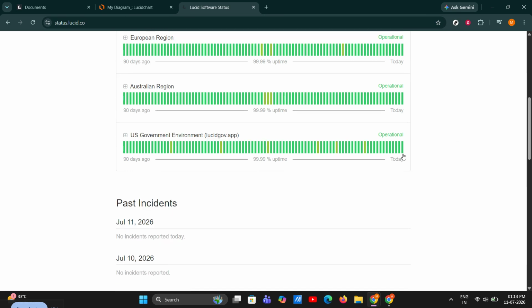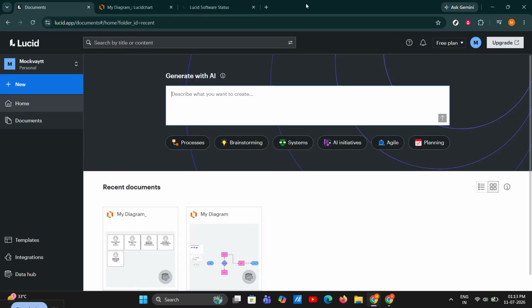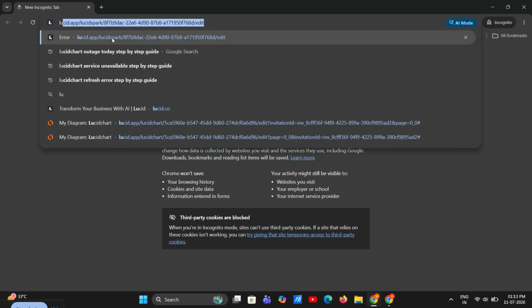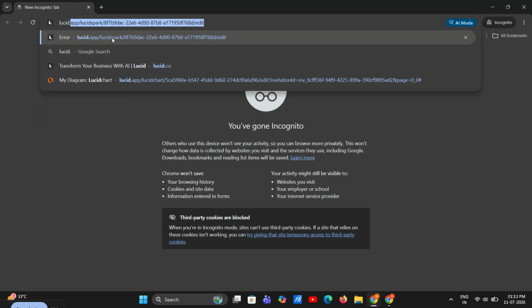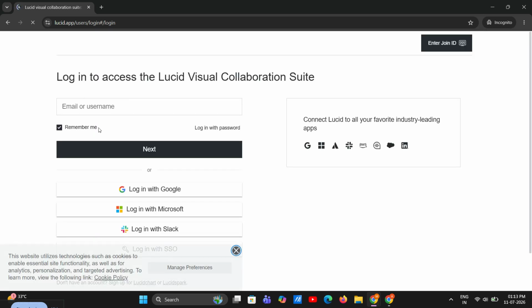Next, test Lucidchart in an incognito or private window. This is one of the quickest ways to figure out whether the issue is being caused by stored browser data or an extension. Open a private window in your browser, sign in to Lucidchart, and try loading your document again. If it works in private mode, that usually means your normal browser session has a cache, cookie, or extension problem. If it still does not work, then the issue is more likely related to your network connection or a service